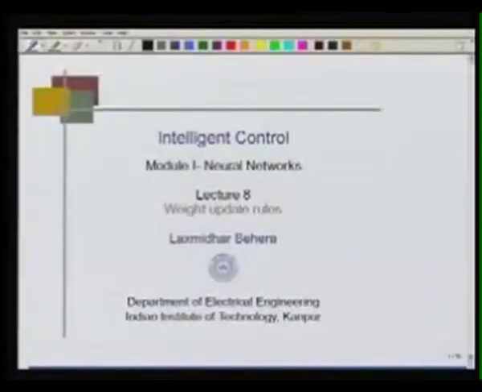Welcome everybody. This would be a lecture on weight update rules for neural networks, various possible schemes in this course on intelligent control. We have already discussed